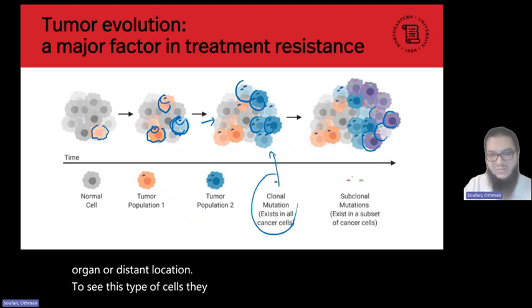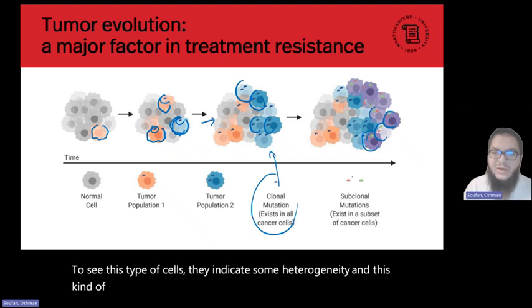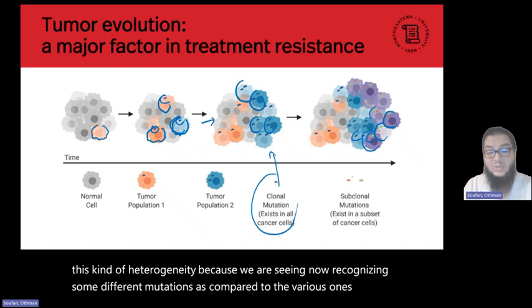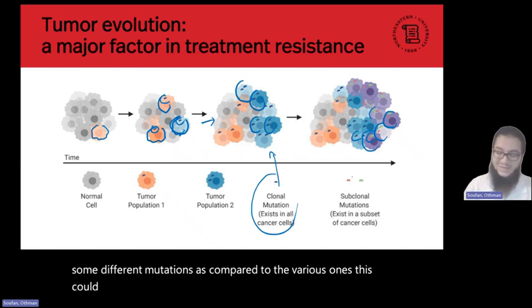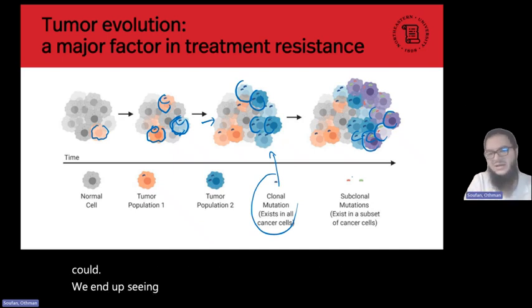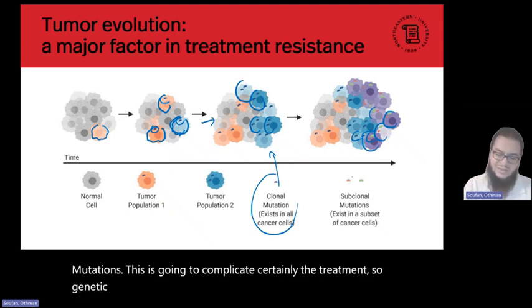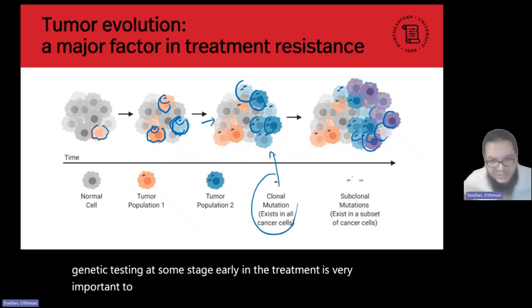They indicate some heterogeneity, because we're now recognizing some different mutations as compared to the previous ones. If we end up seeing different kinds of mutations, this is certainly going to complicate the treatment. So genetic testing at some stage early in the treatment is very important to inform us, are we dealing with